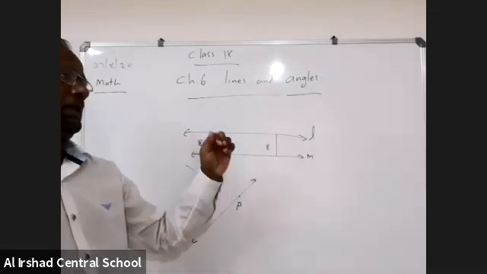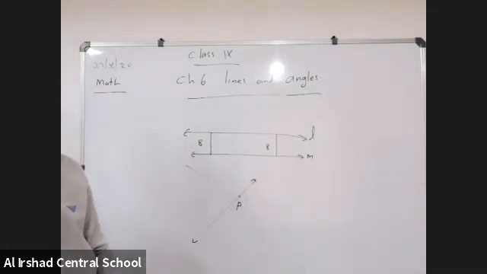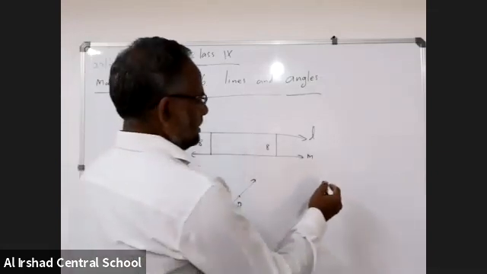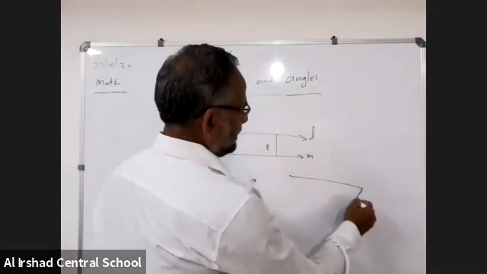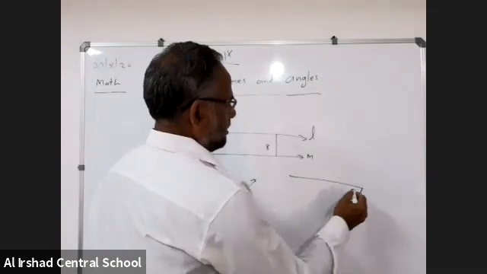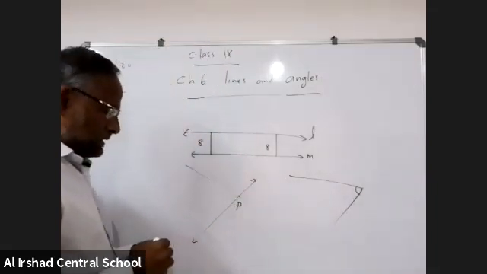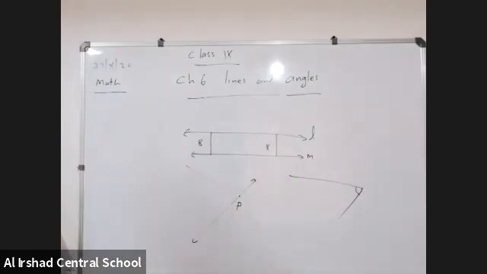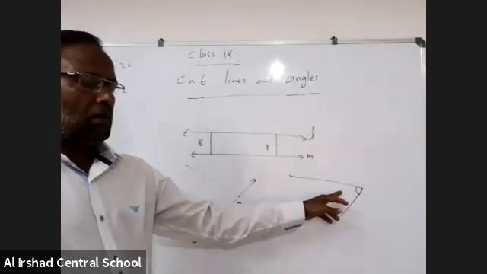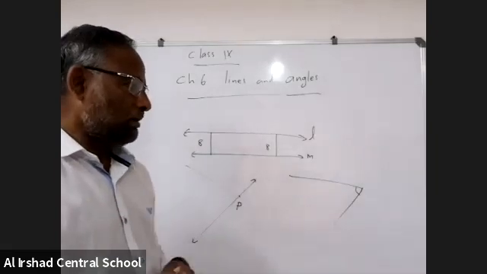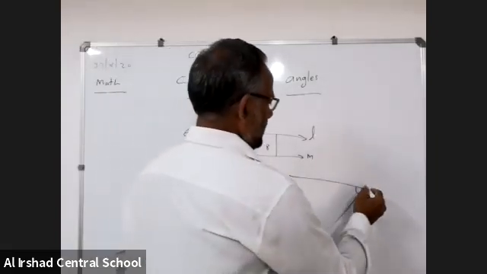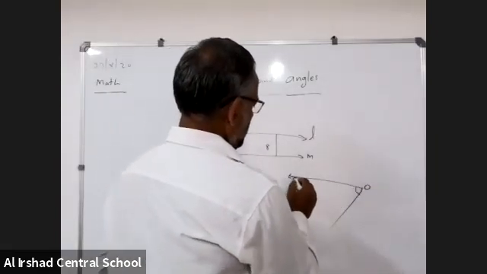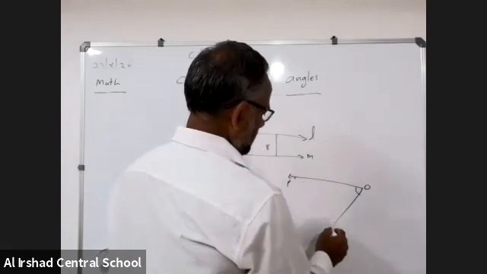Intersecting lines, there are many. Then maybe like this also. See, look here, one line is intersecting here, intersecting here. So when two lines are intersecting, you are getting an angle. Two angles are made, arms, we can say arms of the angles. It's an angle. Now this may be O, this may be P, this may be